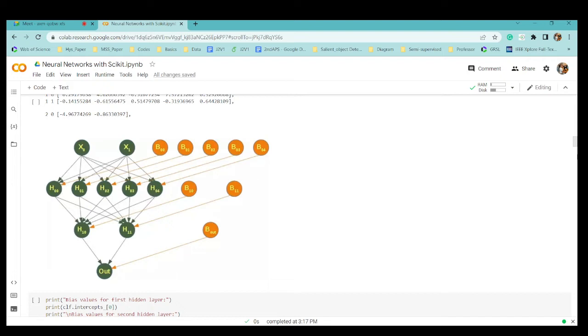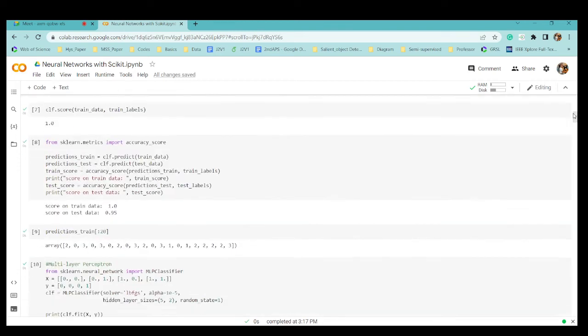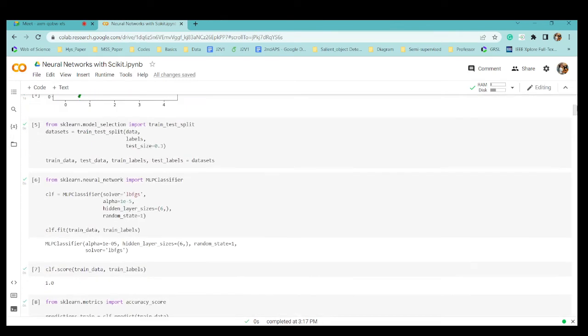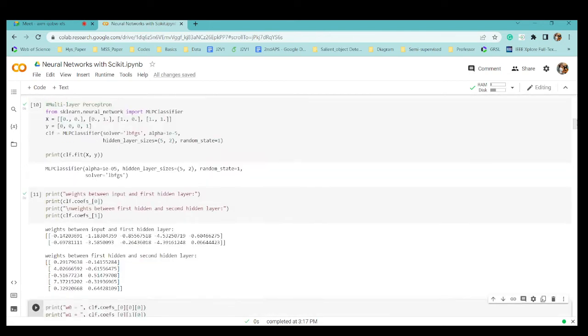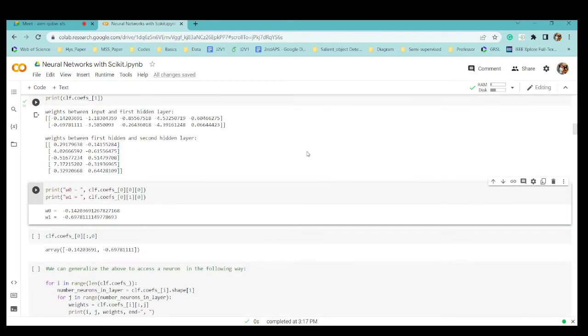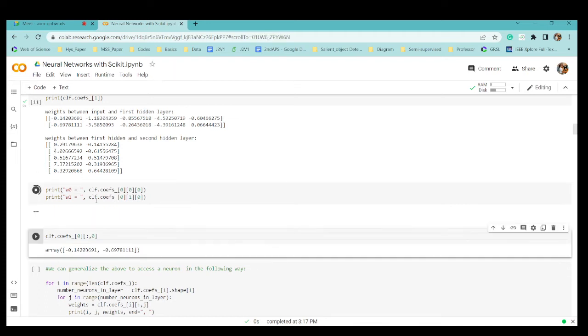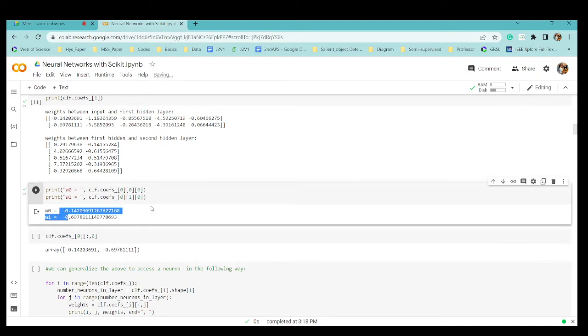You got it, right? But when we finally calculate the weights, there should be one weight for each of them, that is W0 and W1. That's the final weight. If we calculate that, what we get is W0 and W1, the final weights for the first hidden layer and second hidden layer.